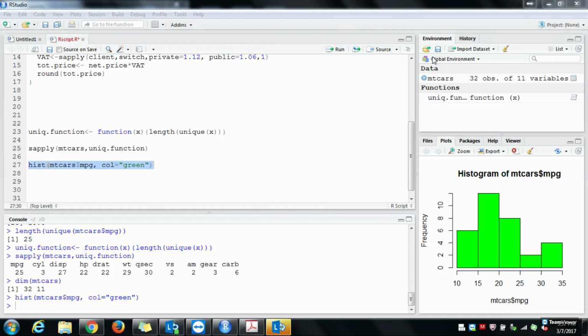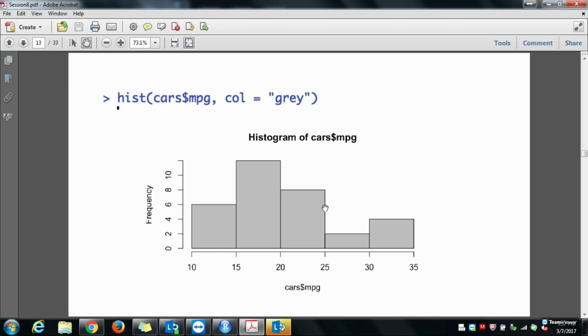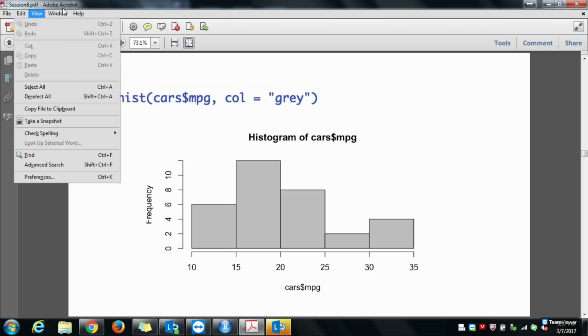Okay, wonderful. So this is one important function that I wanted to cover today. This is something very common. Making histograms is something you will need for most of your data projects in R. So a histogram is nothing but